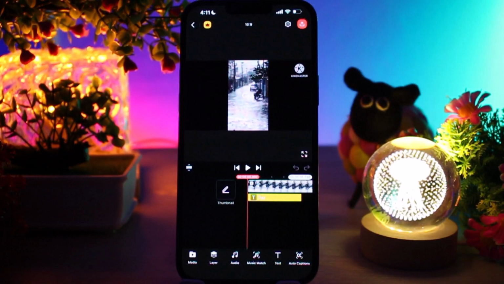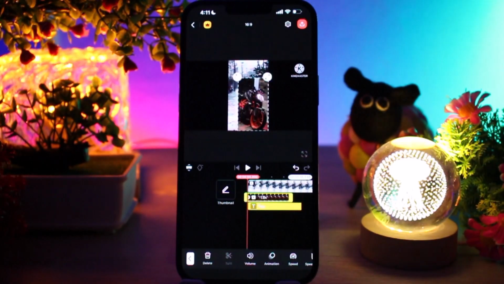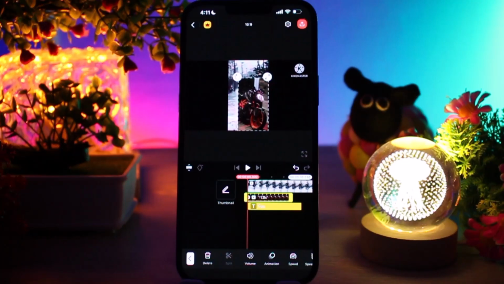Now tap on the layer, choose media, select another video or image you want to place on top. This clip will appear as a layer above the main video. Tap on the layer clip, use your finger to resize and move it anywhere on the screen. This is perfect for picture-in-picture video, reaction video, tutorial overlays, and